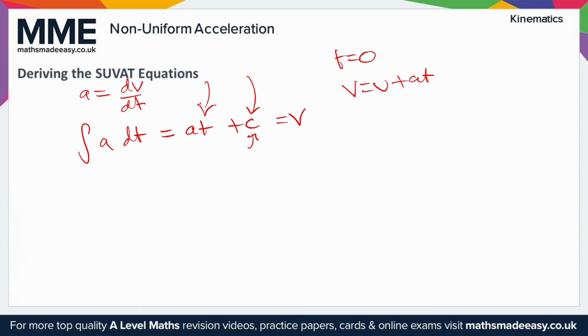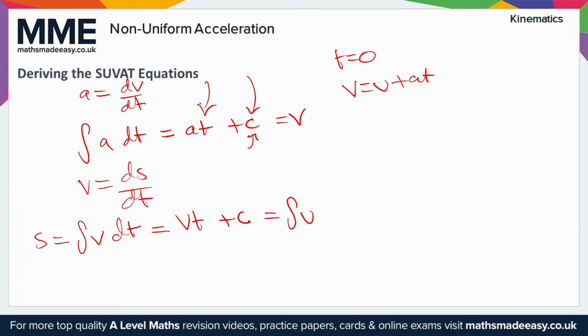Okay. Similarly, we can also take v is s differentiated. So if we integrate v, we know that will be equal to s. But it's also equal to vt plus c. Now we need to figure out what this is. So instead, let's integrate u plus at, because we know that's what v is. So if we integrate it, and that's with respect to time again, we'll get ut plus, well, a half at squared